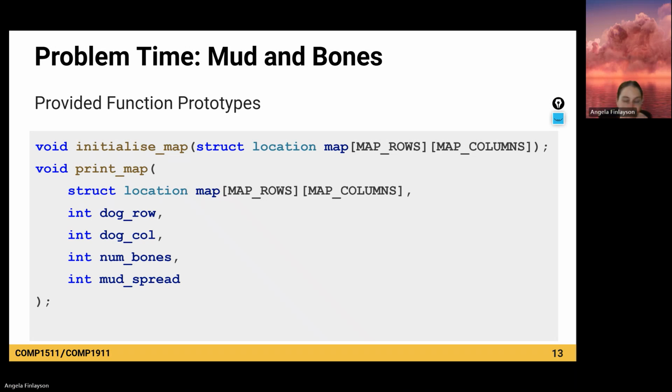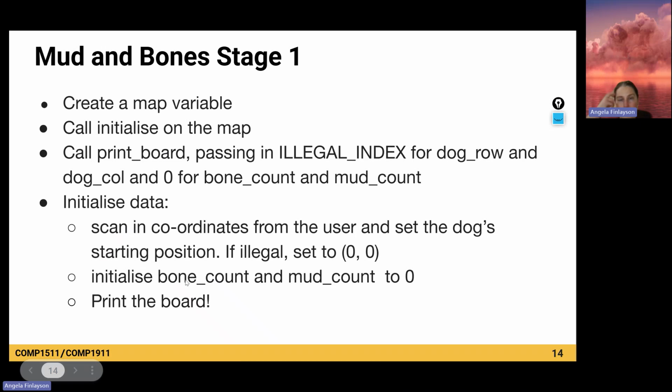All right. Print map. I provided a print map that prints out the array. You have to pass in the dog row and the dog column so it knows where to draw that onto it, and the number of bones and the mud spread. So this is how many bones the dog has found already and how much mud the dog has currently spread. Okay, so the first step is to create the map variable, initialize the map, and print the board,